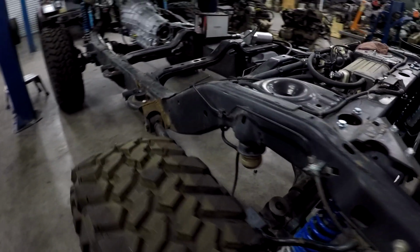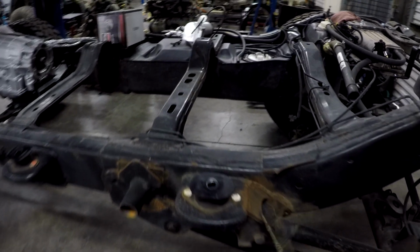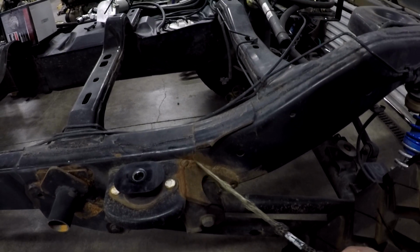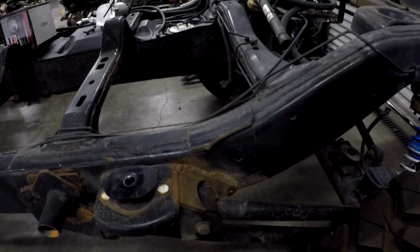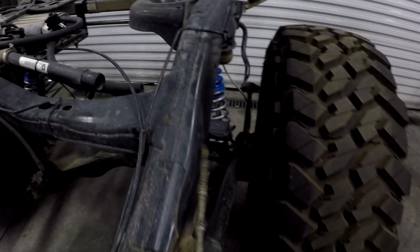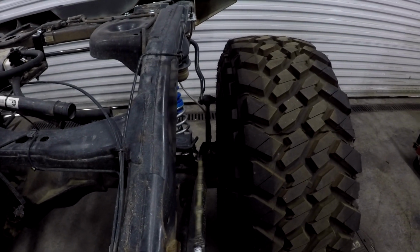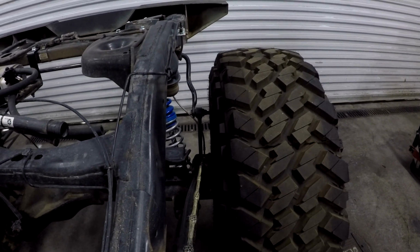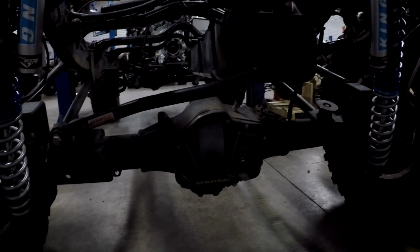Now this isn't like Chrysler, meaning these control arm pickup points have been added later on. This actually needs to be cleaned up. Way too much rust there. We're going to have to clean that up. But because these control arms are relatively parallel with the frame, that means that this axle can swing side to side with not a lot of force. So that's why you got a track bar. What this track bar does, and it's adjustable as you can see, is going to keep this axle from moving side